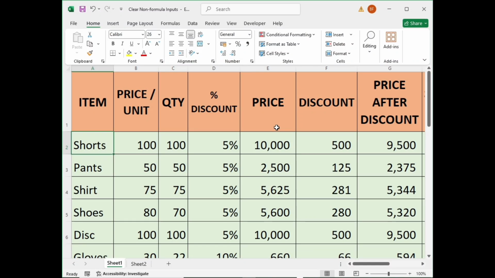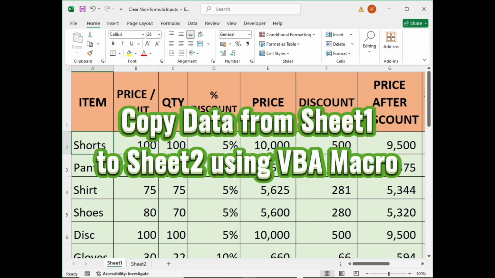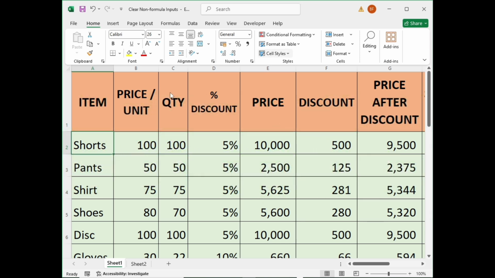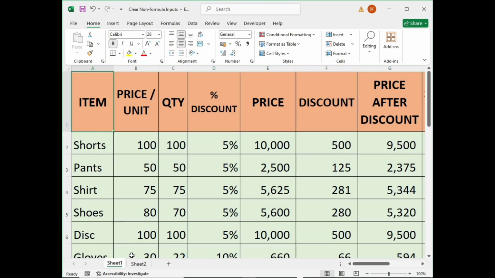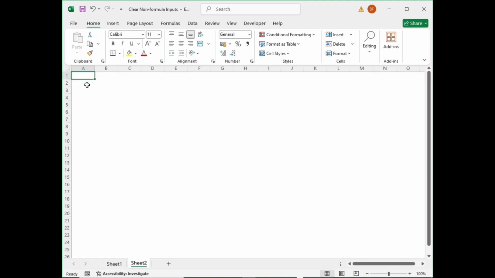Today I'm gonna show you how to create a VBA macro to be used to copy data from sheet number 1 to sheet number 2. So what I'm gonna do is I'm gonna copy this data here in sheet number 1. I'm gonna copy this into sheet number 2 right here, and I'm gonna access the VBA editor to write the